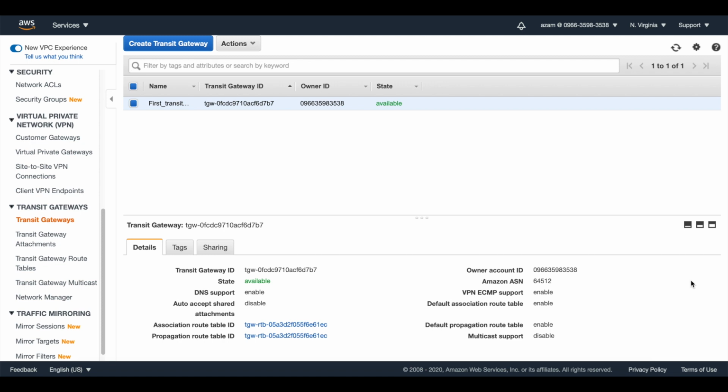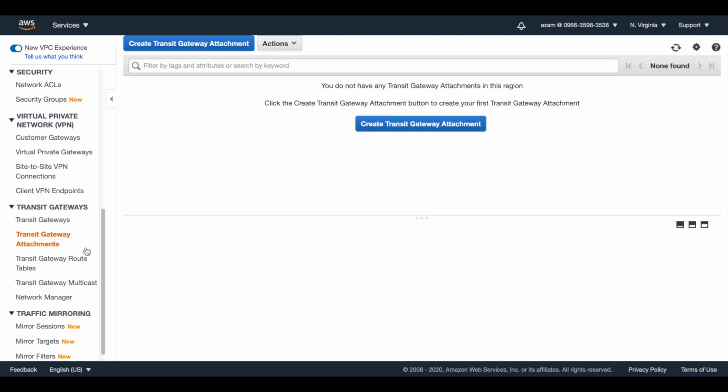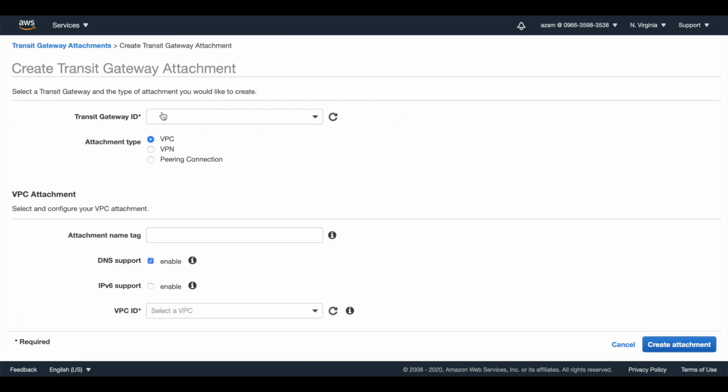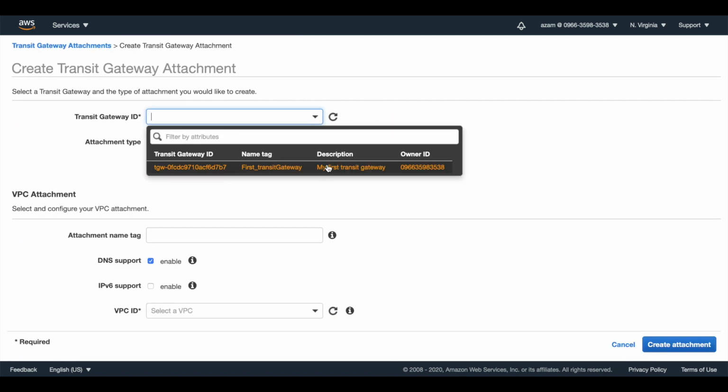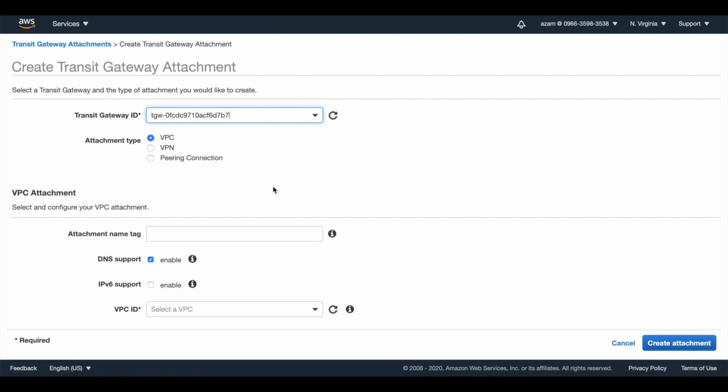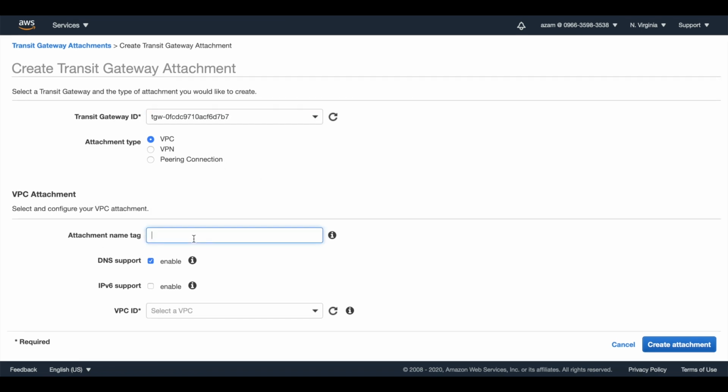Now, as the next step, I attach the VPCs to our Transit Gateway. Click on Transit Gateway attachments, create Transit Gateway attachment, select the Transit Gateway ID, VPC, attachment name tag, just call it first, and select the VPC.